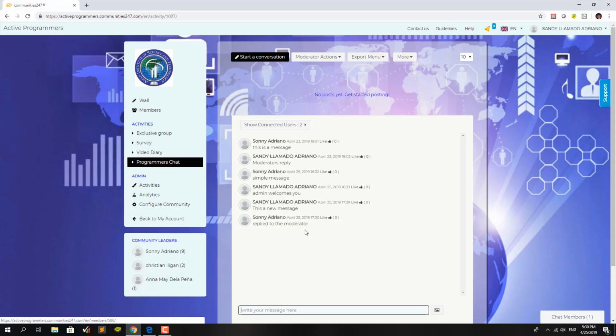So let me go back to the moderator view. So as you can see, I can read the message from my members. So that is the chat group. It's something like Facebook Messenger. So the next